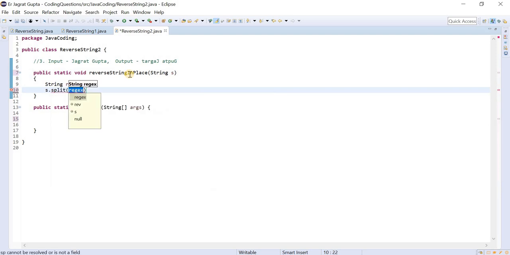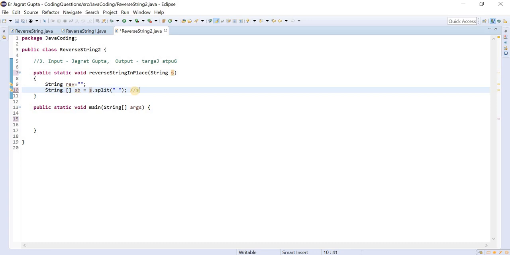If you do not know the concept of split, then please see my previous videos. I've already told clearly the concept of split method. So we are going to split this with the help of this space, and this is going to be stored in an array. So let me store it in an array.